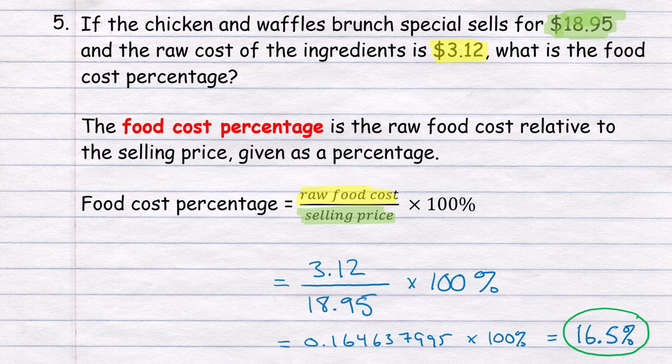So that means if we're selling the chicken and waffle brunch special for $18.95, so we're collecting $18.95, 16.5% of that covers the costs. The rest covers labor and other things, and then hopefully some of that goes to profit. All right, so that's a pretty good mix of problems. Again, we're looking for keywords: cost multiplier, food cost percentage, markup rate, and that's sort of indicating which method you should be using. All right, that sums it up for